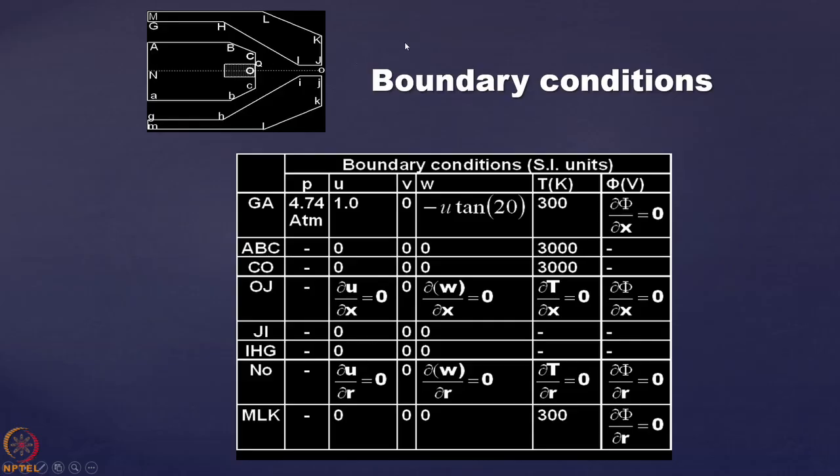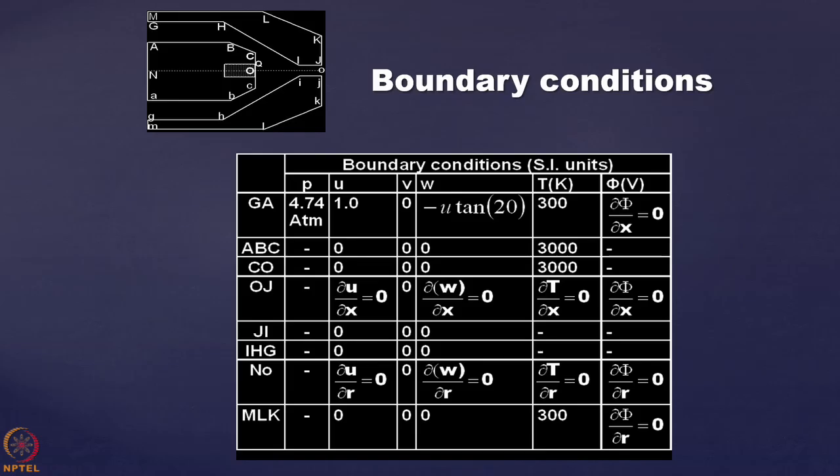So this N O you are seeing over here. You see here N and you see here O. Along this boundary, what we are putting is that this condition is there, that the axial velocity has no radial variation exactly at the axis. Similarly, we are considering the same for temperature as well. So this is just an example of how to apply the boundary conditions.